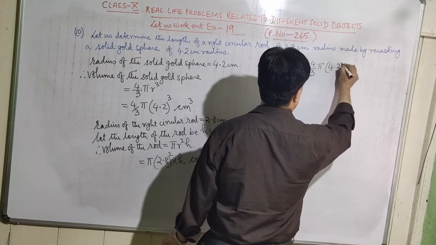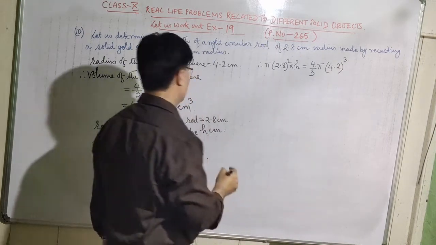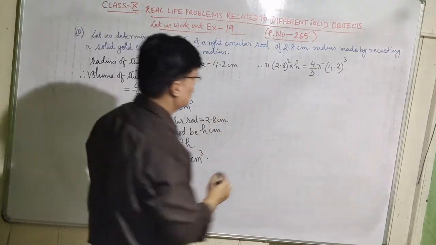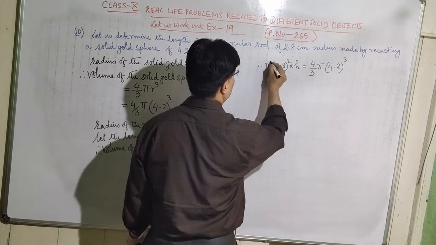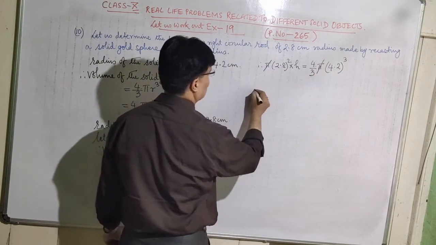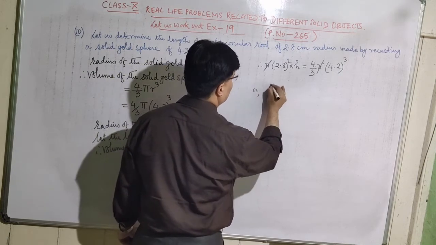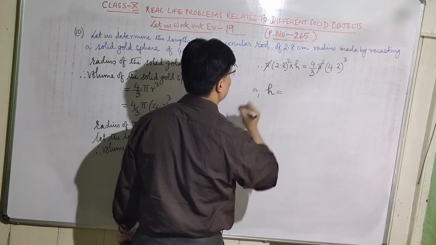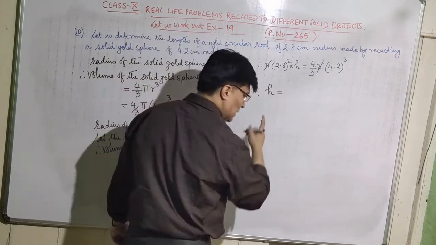Then it is 4.2 whole cube. Is that clear? So let us simplify it. Here the pi gets cancelled. Now what is the value of h? How can you get the value of h here? Now h is equal to,